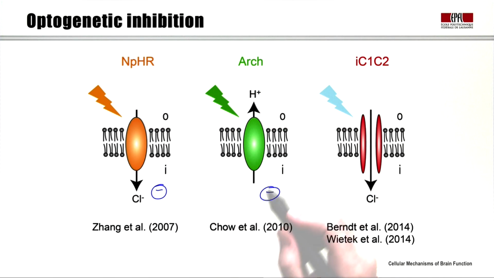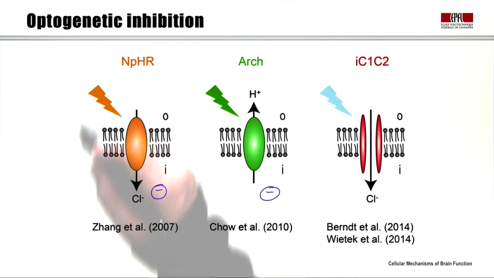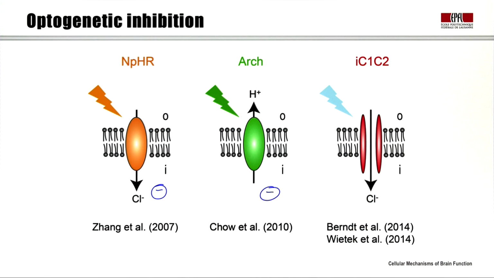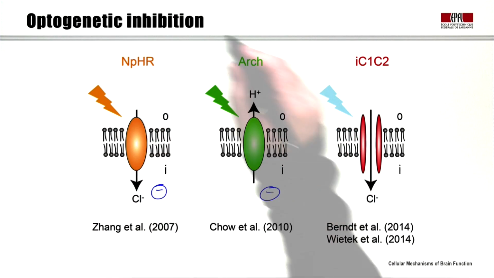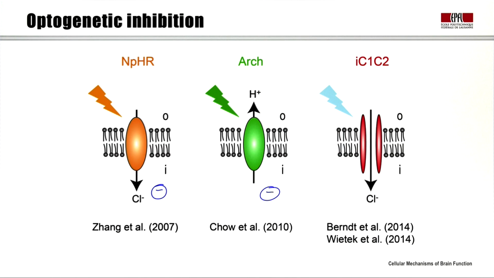And so it's clear that this is a much less efficient process than opening of an ion channel, where you can imagine that a single photon causing the opening of an ion channel lets many ions through. And so there's a drop in efficiency, and in general, of course, pumps are known to be much slower than ion channels. And so there's considerable excitement about the recent development of a light-activated chloride channel through genetic engineering of